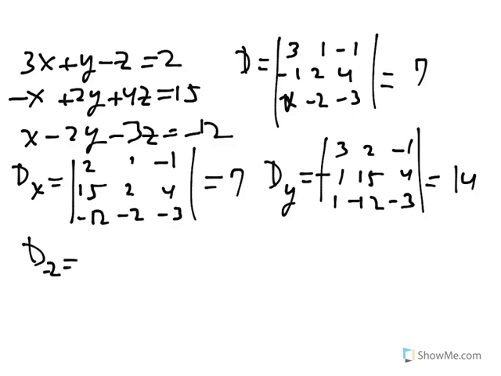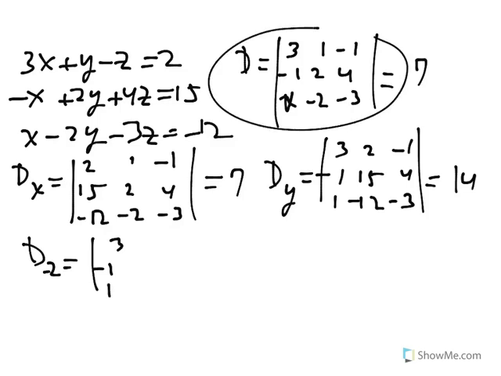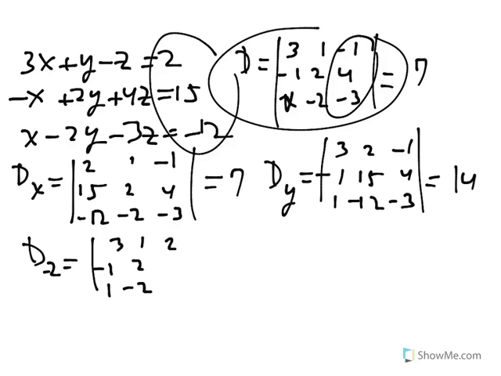And finally, Dz is the coefficient matrix, same as this thing, but instead of the z column, we put these 3 numbers. Now, why this works, I'll show proof afterwards. But for now, this is the process. And Dz becomes 21. So then our answers are just x is Dx